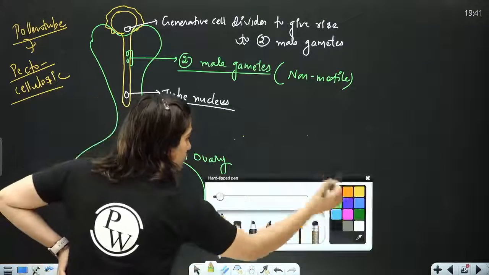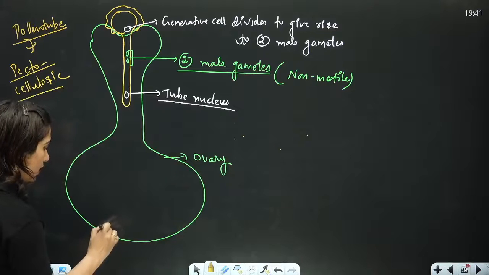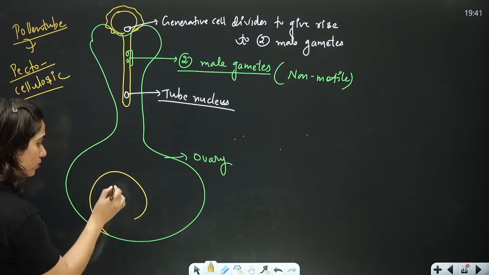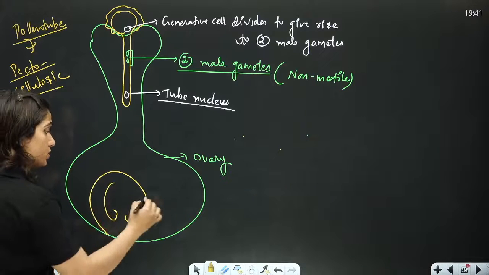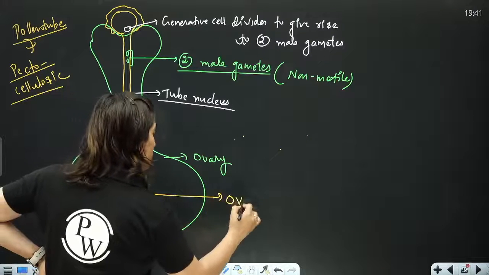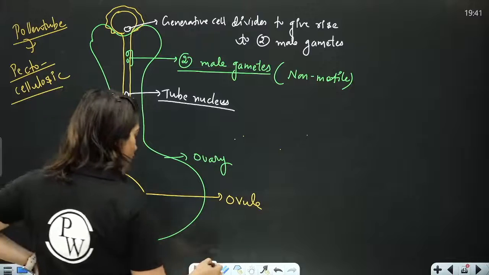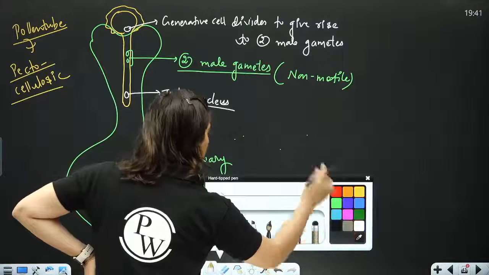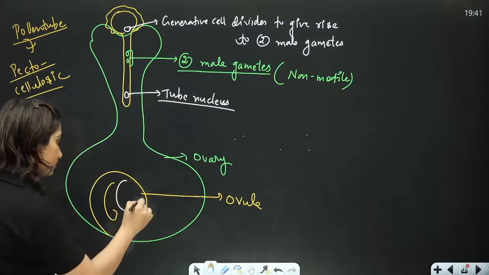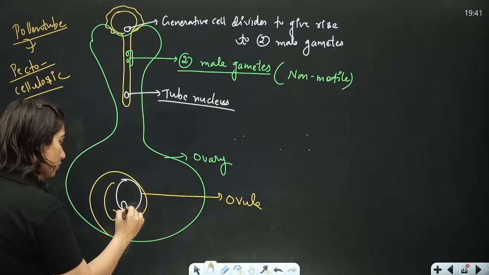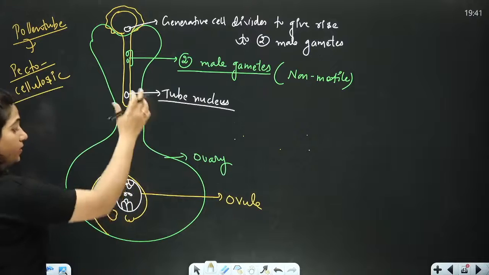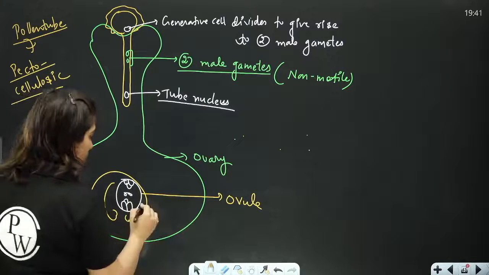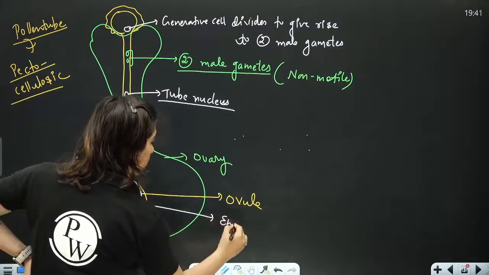Inside the ovary, what is present? Inside the ovary, there is the ovule, right? So this is the ovule. And inside the ovule, what have we just formed? We have formed the embryo sac, which is waiting for the male gametes to come. So inside the ovule,